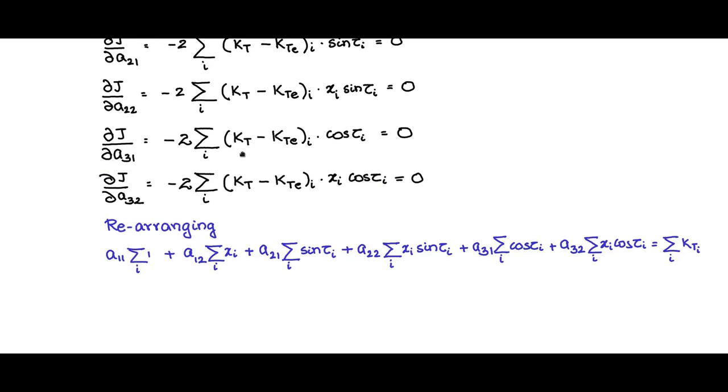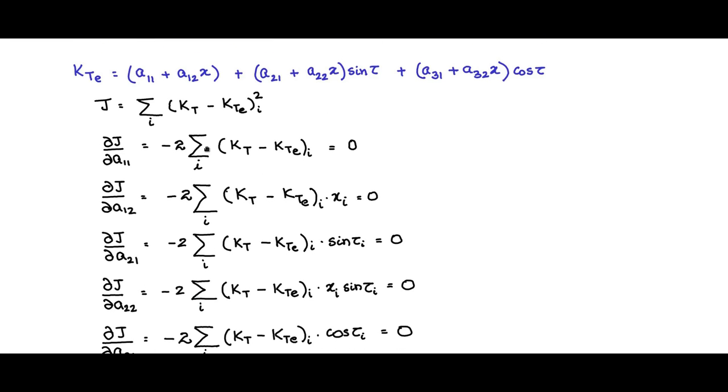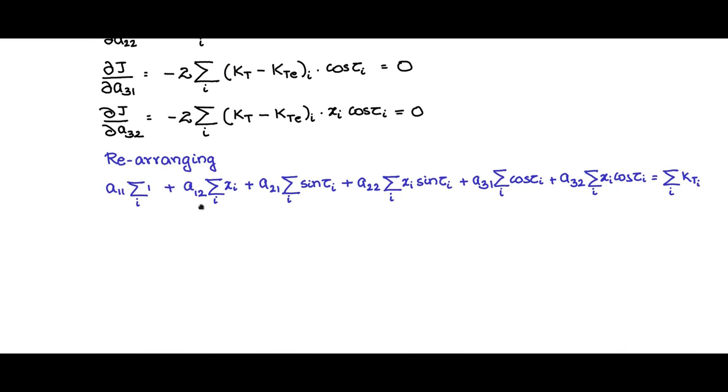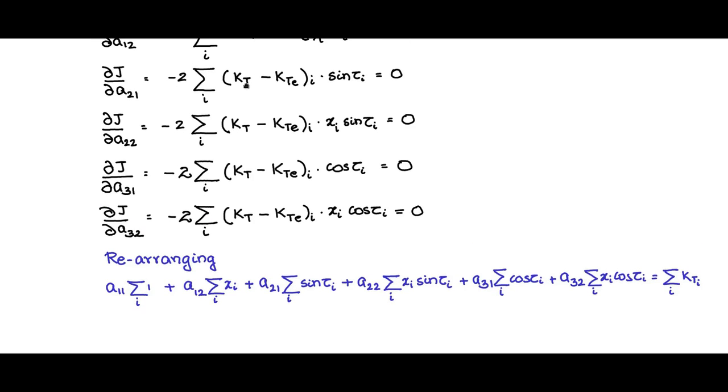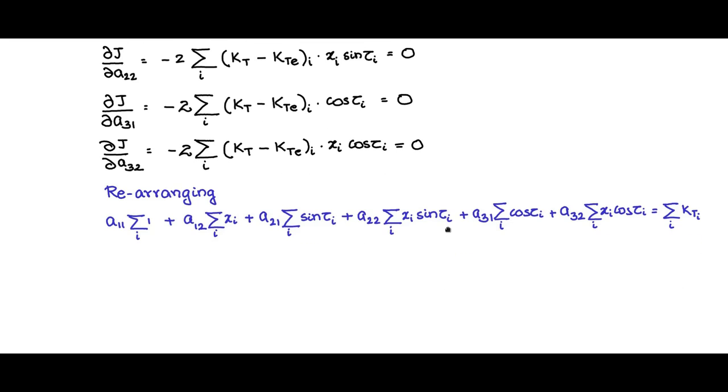So this is coming from actually this first equation. Expanding kt, and kt comes to the right side, and expanding kte, you will get all those things. Likewise, if you expand the other terms,